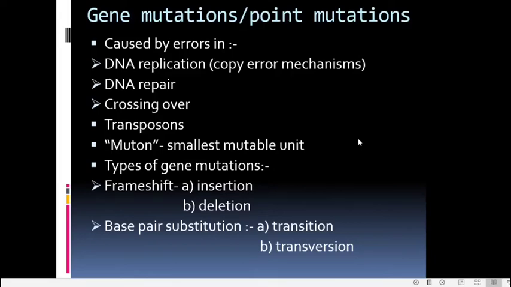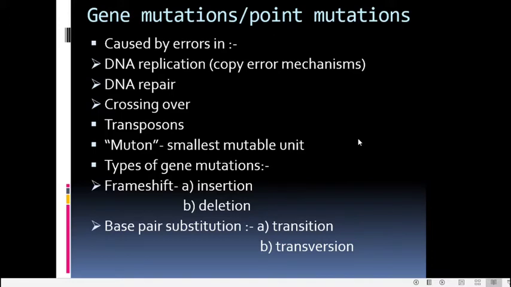Gene mutations occur in either individual genes or genomic regions of DNA, and the alterations occur in the base sequence of that particular gene or the DNA sequence. Whereas chromosomal mutations result from structural changes in chromosomes, such as the deletion of a small portion of the chromosome arm, or a duplication of a small portion of a chromosome, or by numerical changes in chromosomes, that is, there may be deficiency of one chromosome, or there may be an increase in the number of one chromosome.